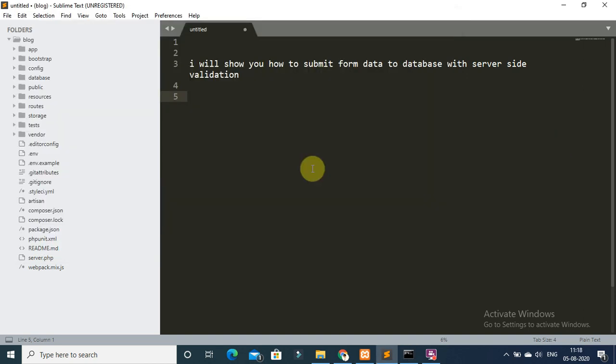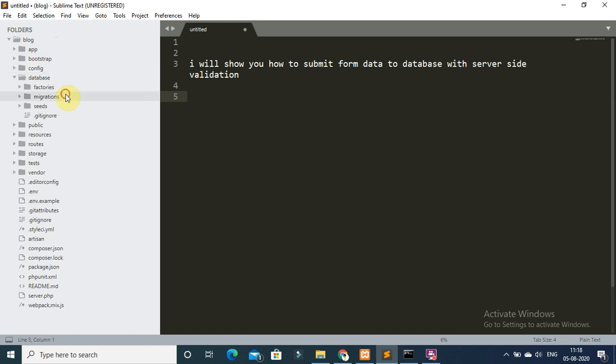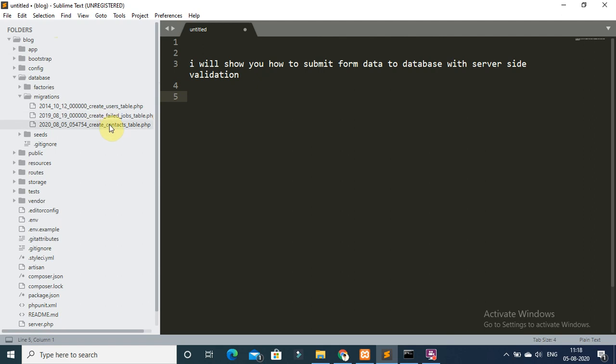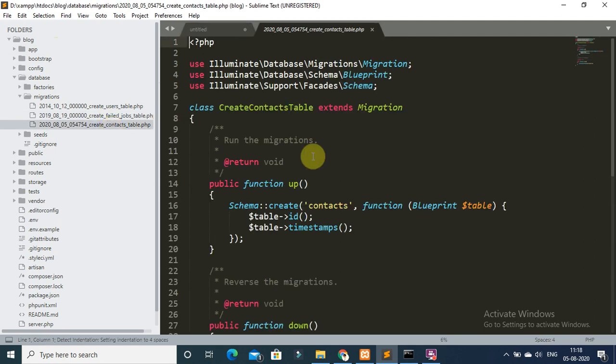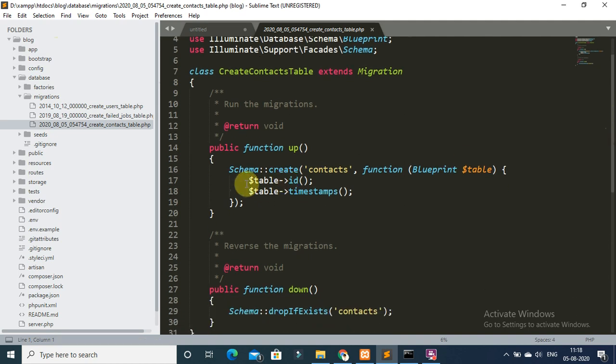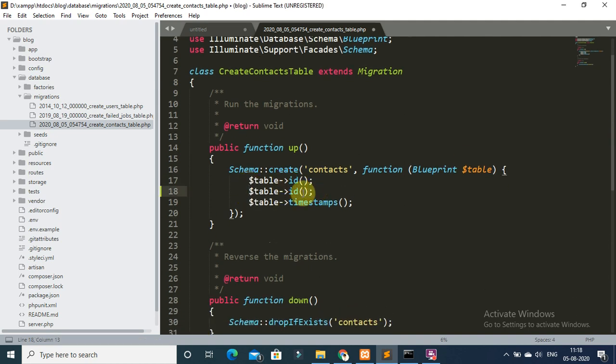So open your migration file. Go to your text editor, navigate to database migrations and open the contact migration file. Now here add your database fields.